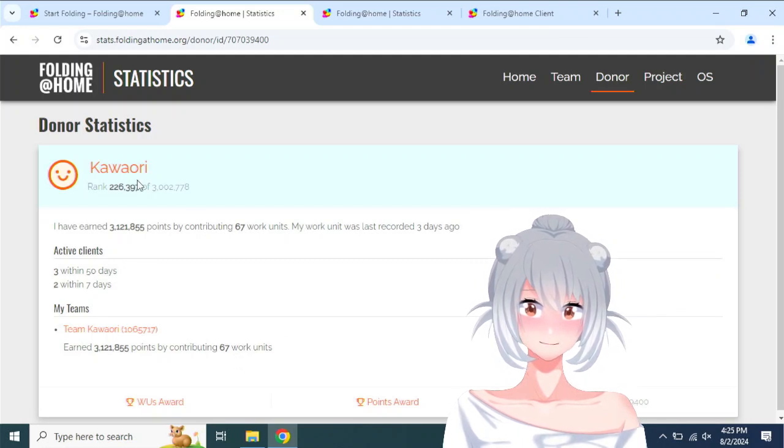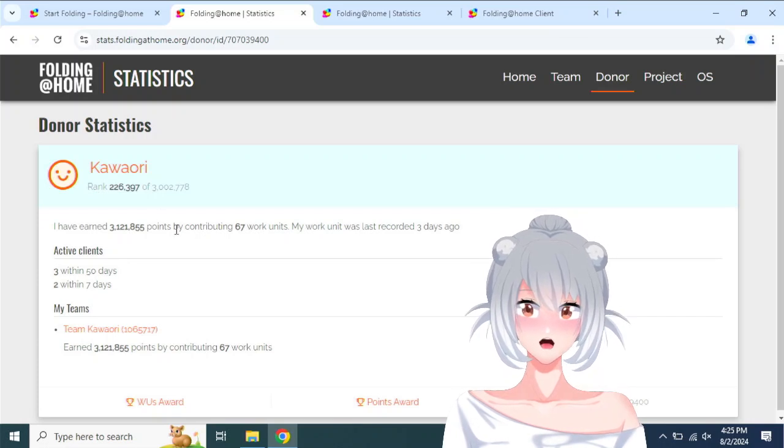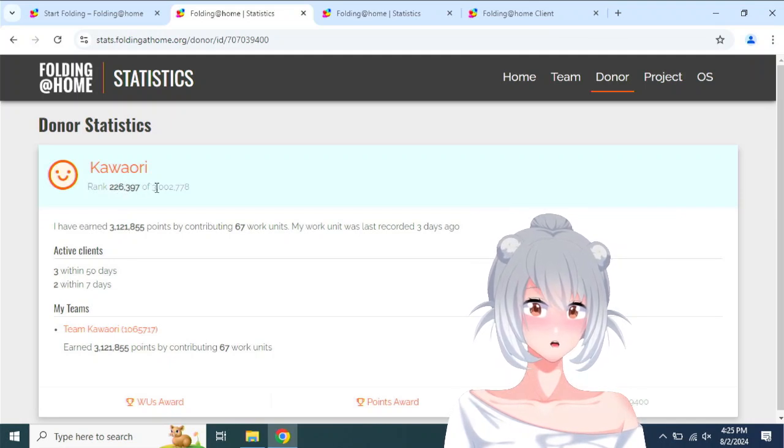got me tickled here was my ranking. I know that it's just gamification and there's no actual benefit to this. I don't get paid or anything, but seeing that I was ranked 226,397 of 3,002,778, so I just did the math real quick on that, and what that means is actually after running this